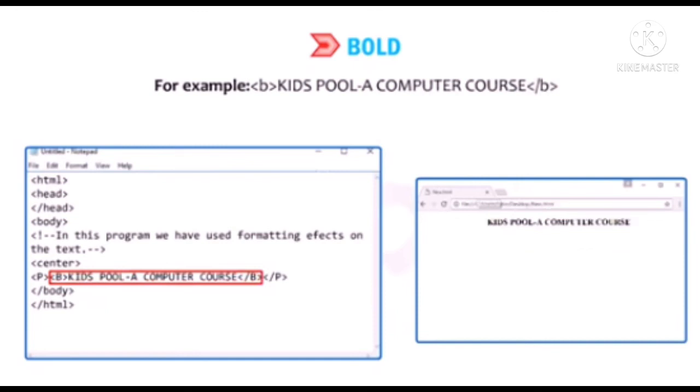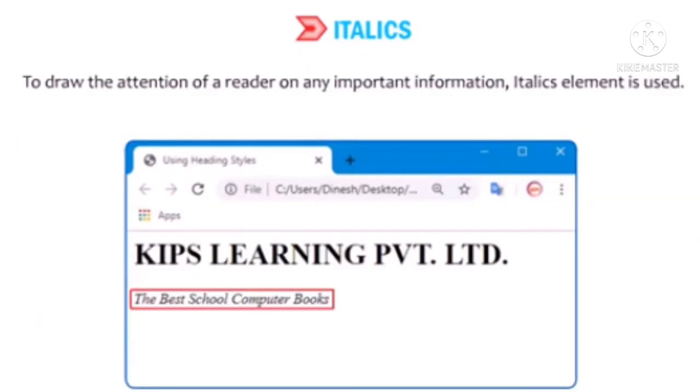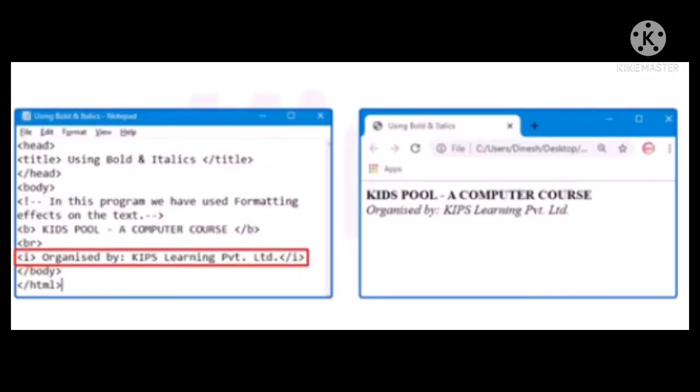Okay, so this is how you use the bold element. And just like this, we will use the italics element. It is mainly to draw the attention of a reader. This element marks up the text in italic style. So how can you type it? Between the on and off tags, we will type the text. In the web browser, you can see the text will appear in italics.